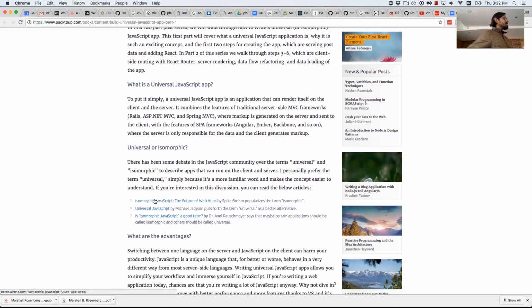Right. So isomorphic is usually, since we are running JavaScript on the back end and the front end, you can sometimes share code across both sides, but not always, because sometimes your back end is running, let's say, ES 2017, right? So some features which are in ES 2017 are not in the browser. So some things won't work. But sometimes you want to be isomorphic so that your common libraries, for example your helper functions, like if you're making an HTTP request, you want to use the same HTTP function across your backend as well as the front end. So in that context,